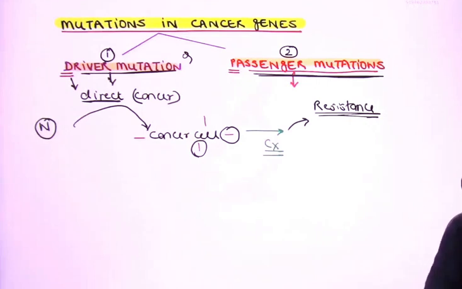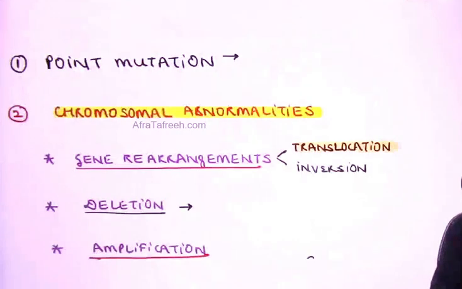So these are the two types of mutations that we must have an idea about as a new concept which has been given in our book. We now look at the mechanisms by which the different types of mutations take place. The first mechanism is what is given the name of a point mutation.